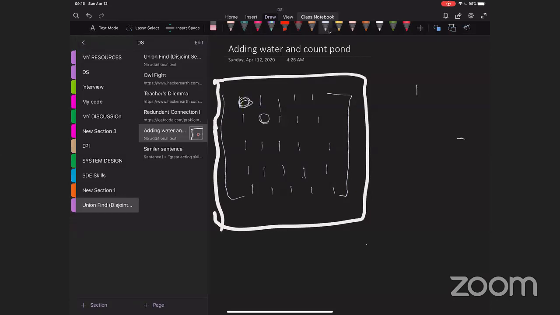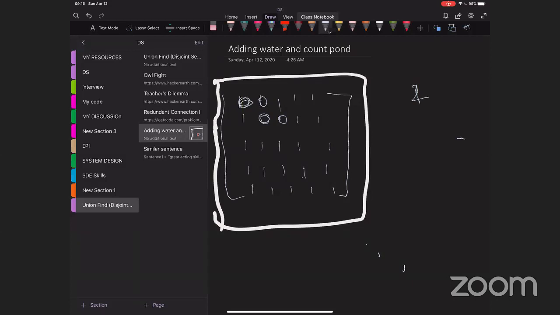Now, if I make this 0, it will be 2, right? Yeah. If I make this 0, it is still 2. Yeah, 2. And if I make this 0, how many do we have? So Bhavesh, are you counting islands or ponds? Sorry, ponds, I think, yeah. Yes, I mixed myself up. Okay, ponds. So now, if I make this 0, now it will become